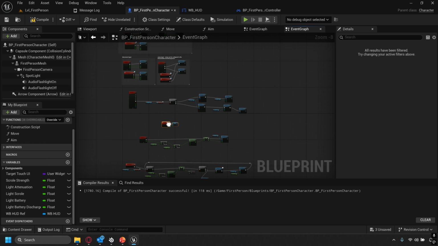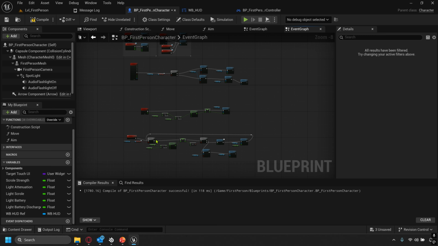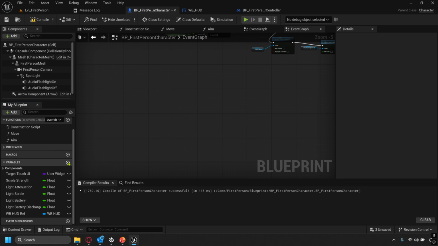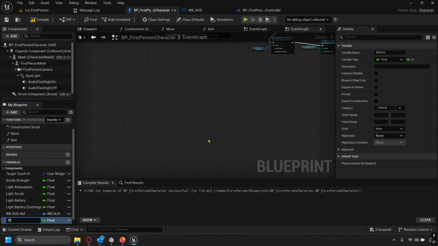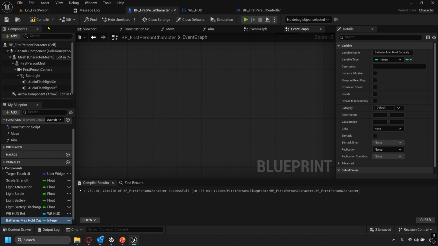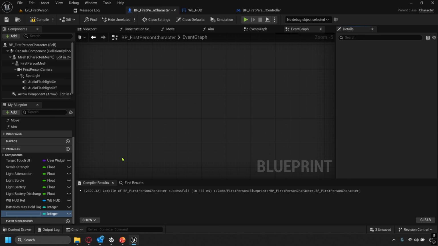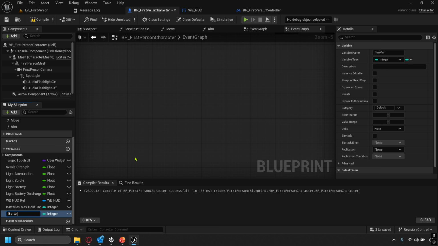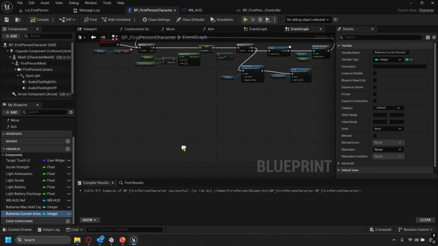I'm going to move our create HUD up to the top up here, and then create some new variables. One of them will be batteries max hold capacity, and that will be an integer. Another one I'll create is batteries current amount. We'll compile and save. Next, I'm going to create a custom event,